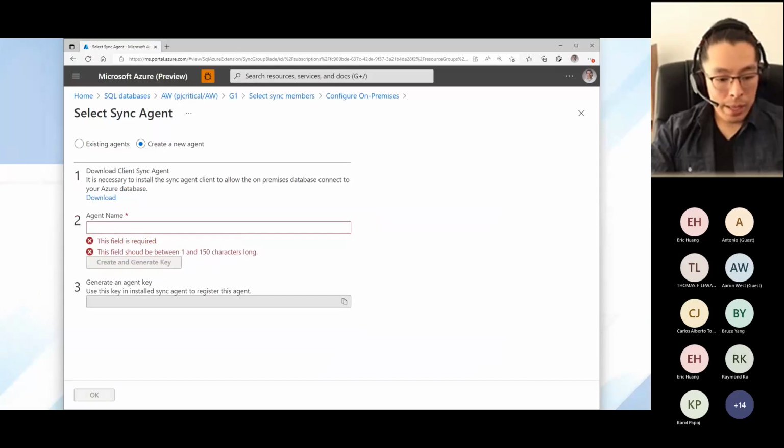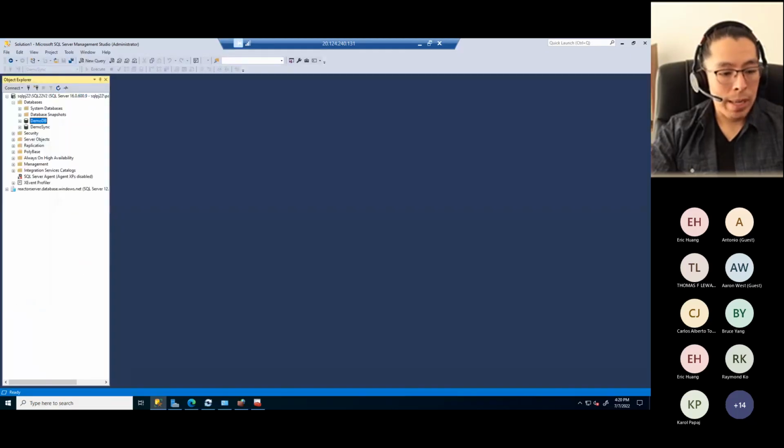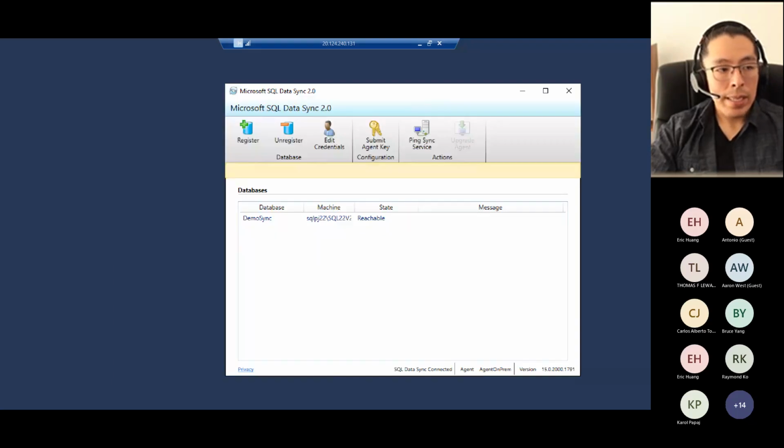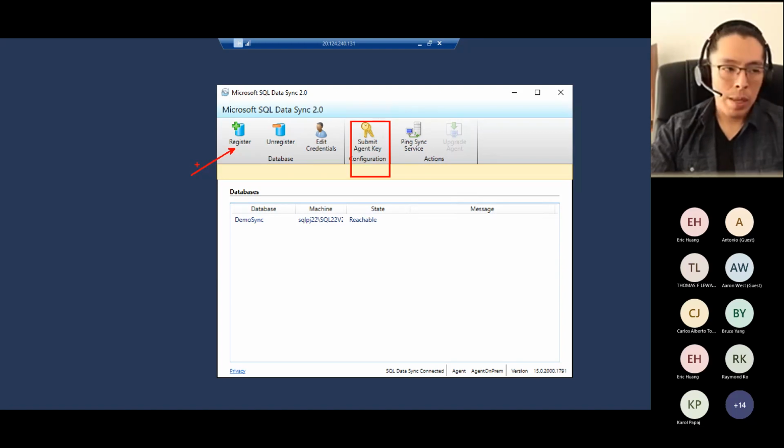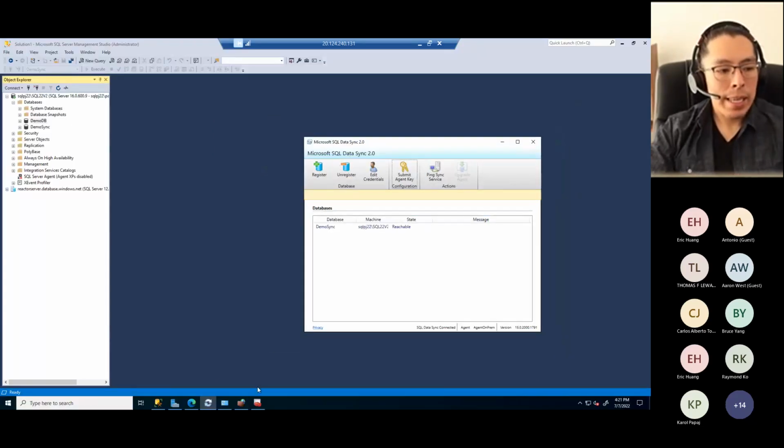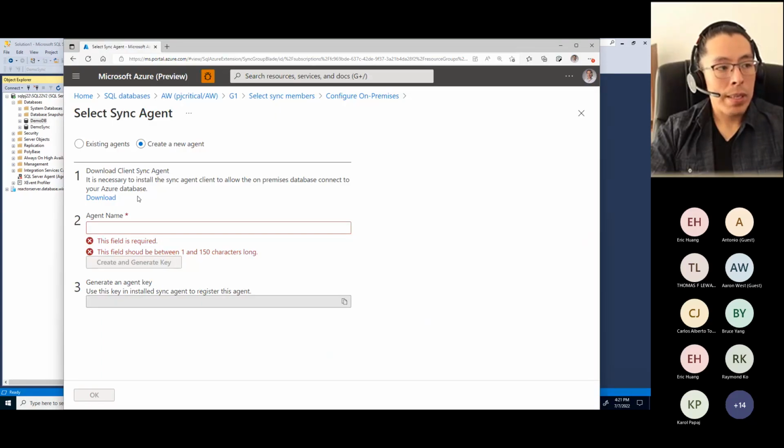So I'm going to show you here my virtual machine, for example, where I have already installed this agent. This data sync agent, the only thing you need to do here is submit these keys that we have generated before, and then we can register some database or some databases in order to move the data from on-premises to Azure. So in this case, for example, if I go back to my portal,